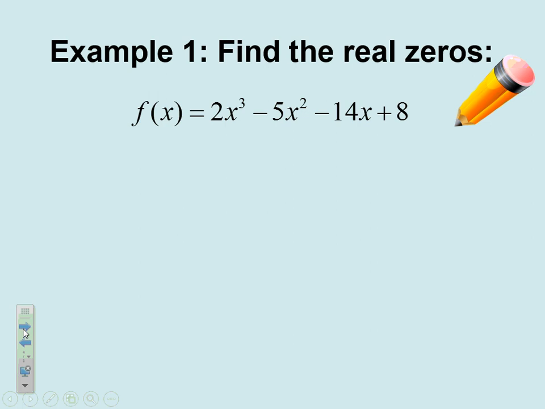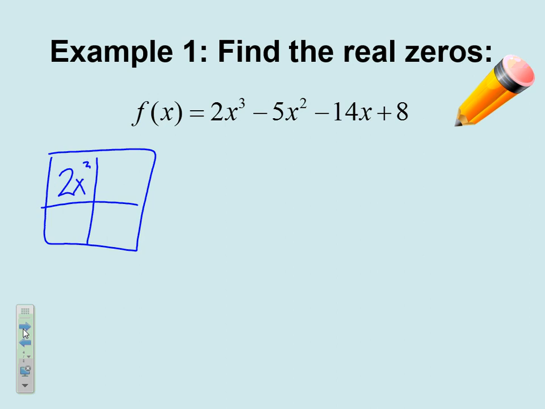So we're about to use this sort of setup to find the real zeros, the real solutions to this polynomial. It's supposed to have 3 solutions. You can see that because of the cube there. And we don't have any hints to get this started. So at first you might say, hey, I'm going to go ahead and put these 4 terms in 4 boxes. Don't write this part down because this is not going to work. 2x to the third minus 5x squared minus 14x plus 8. And if I go ahead and start taking things out here,